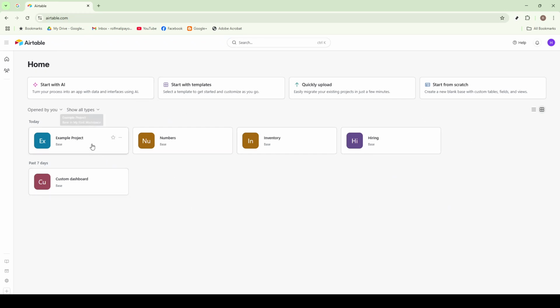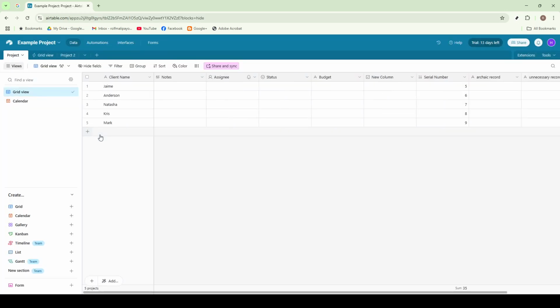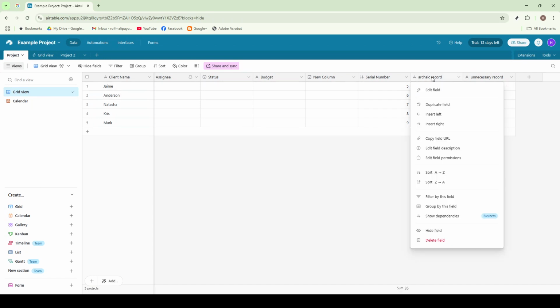Now find the base table you want to work within. Clicking on it will open up a view of your organized data arranged in rows and columns. Your goal here is to identify and select the particular records you intend to delete. Once you've spotted them, click to select these records. Selecting multiple records might require a bit of additional navigation, so take your time to ensure you've selected exactly what